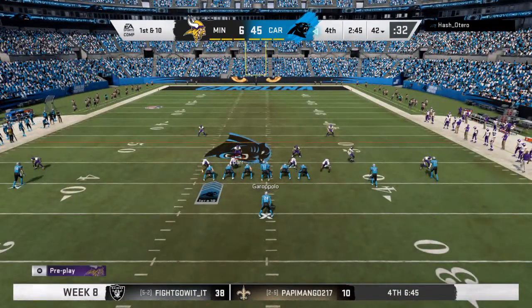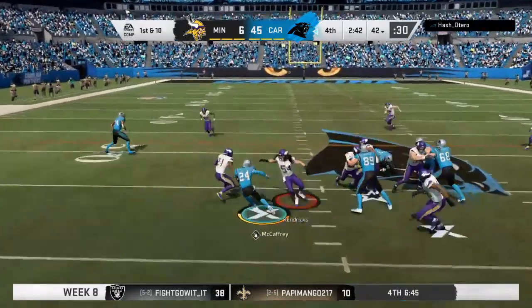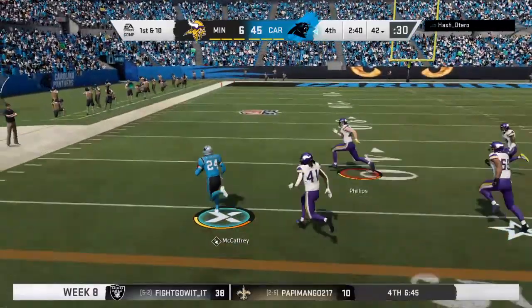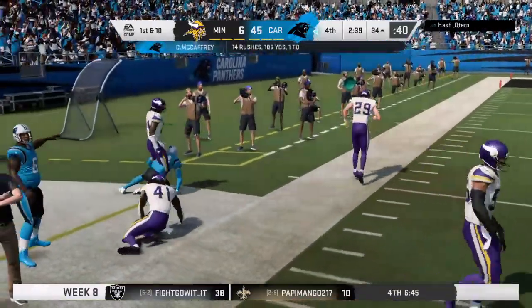And this game comfortably in hand. The scoreboard speaks for itself, but you still got your starting quarterback out there. When do you go to the backup? Let him get some time. And that's one of the great questions in the NFL, Brandon, because I'm just going to tell you, in the